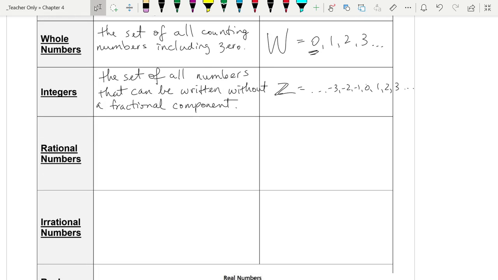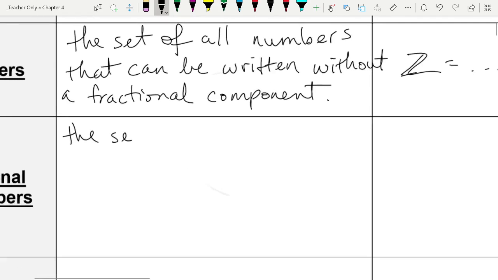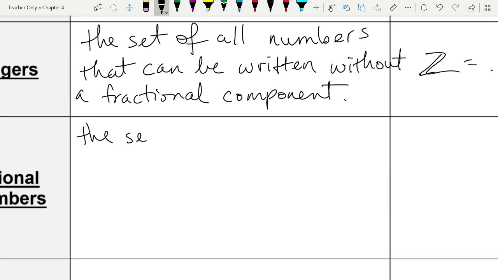Well, let's define it. This one's kind of a big definition. You got to do a little bit of writing here. This is the set. I got to write. You know what? I'm going to make it bigger so I can write small. Ooh, that's a good idea. Oh, now I can write super small. Fit this in. Come on, erase. There we go. The set of all numbers